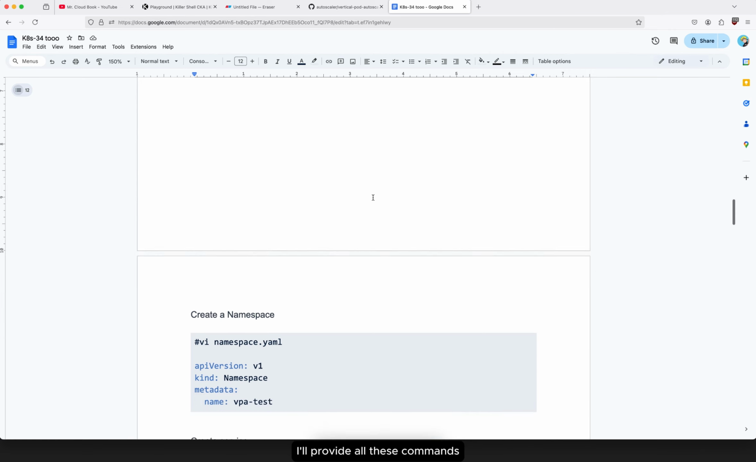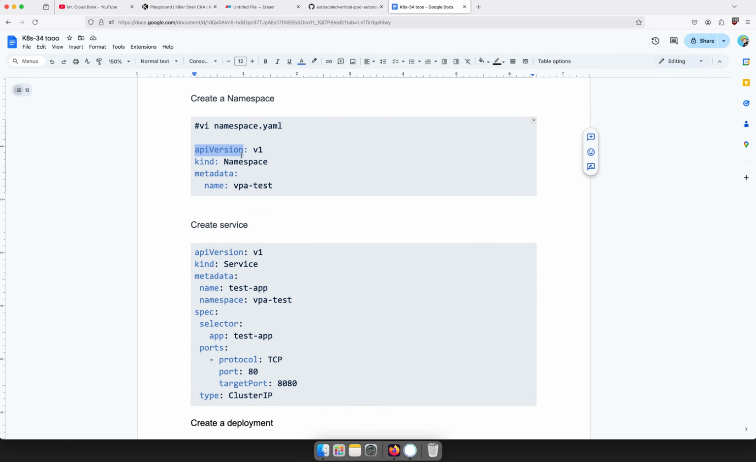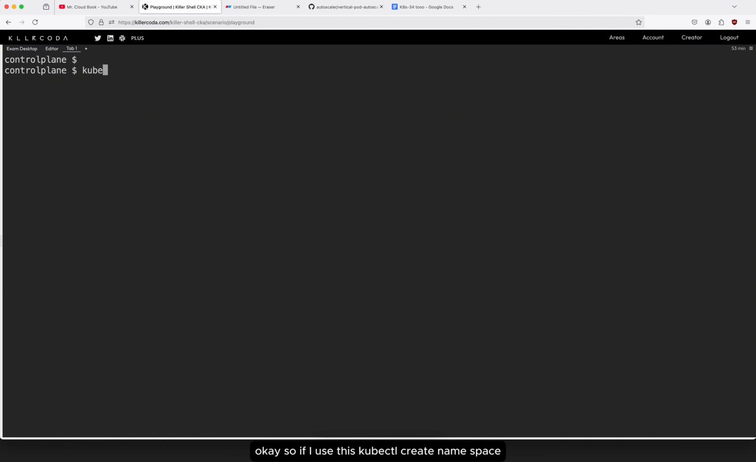I'll provide all these commands. Okay. So let's create a simple namespace. Okay. So API version, kind namespace and metadata. You can directly use the kubectl create ns and give this one as well. Okay. So if I use this, kubectl create namespace, ns short form, enter. You can see that namespace vpa-test is created. So this is the direct command,